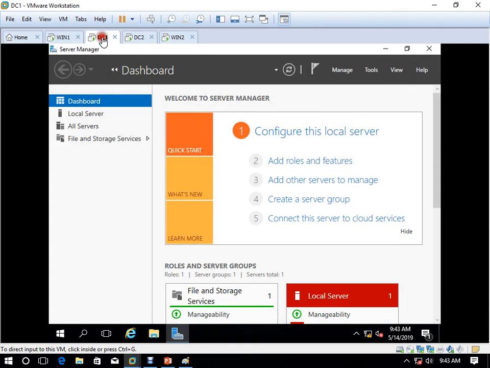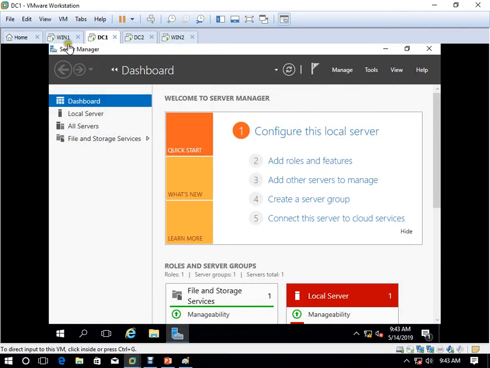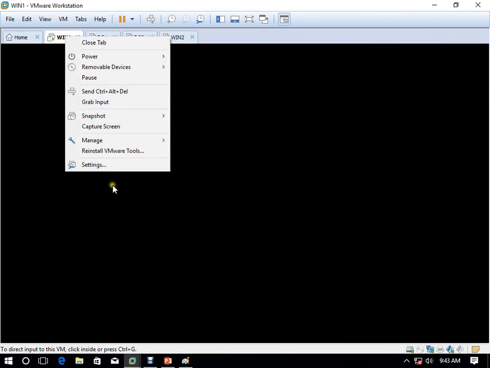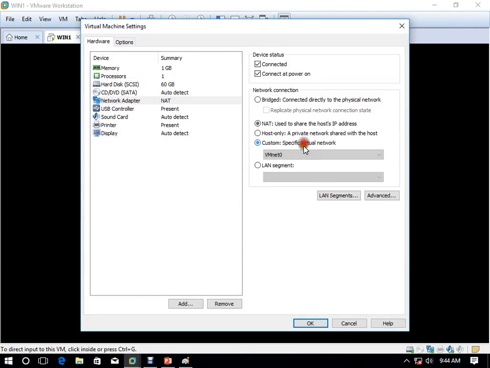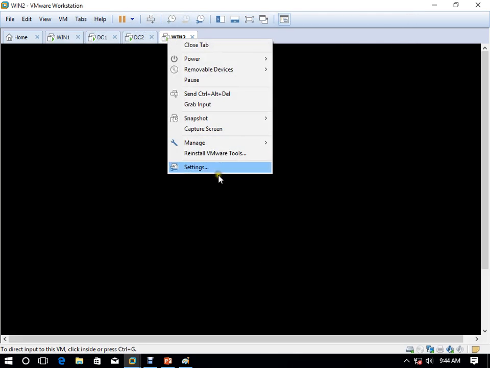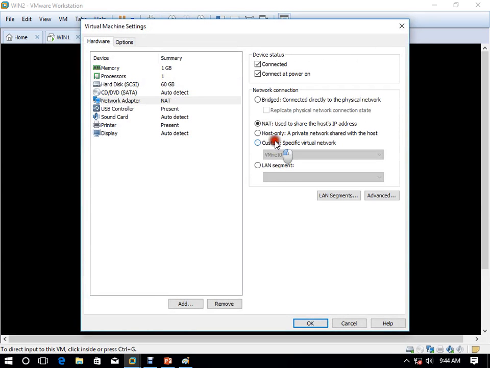So you have to see here, this is the setting. Okay, see, this window 1 is the client of server DC1. So I will add VMnet 1 to LAN. So this is my LAN client. So I'll come here and I will make VMnet 1. Here also I will come, this is my DC2 client, so I'll add VMnet 2.